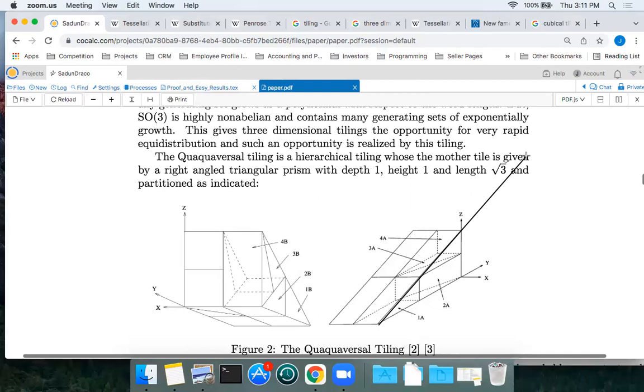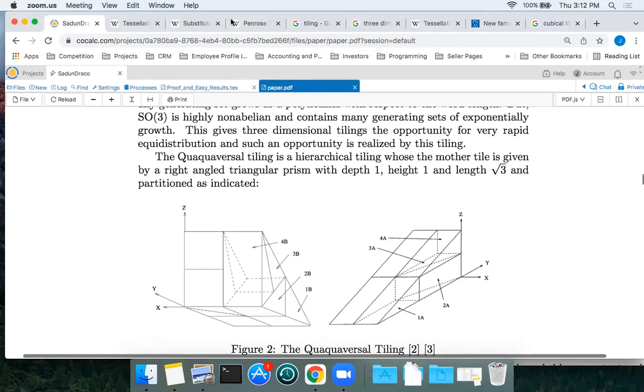Second of all, there are other tilings in 2 dimensions that generate a dense set of rotations. There's this pinwheel tiling, which is pretty cool. In fact, the pinwheel tiling is a substitution tile where if you go out, it approaches a uniform distribution of orientations as well, and it's in 2 dimensions. But the rate with which it approaches a uniform distribution is much slower than what's possible in 3 dimensions, because, for example, in that case it's an abelian group, the rotations in